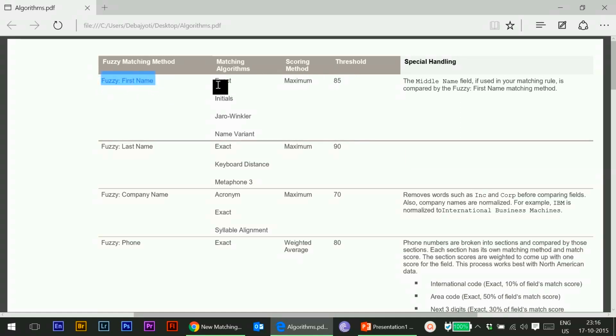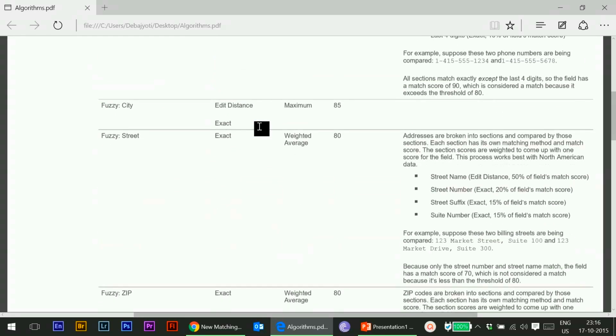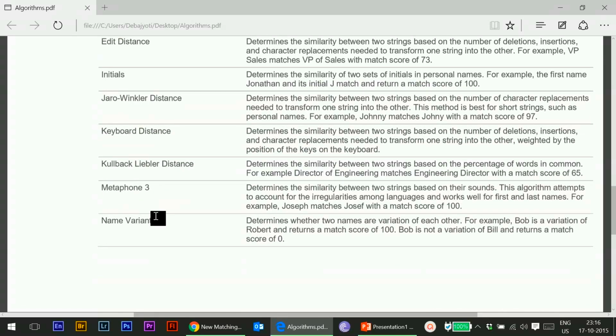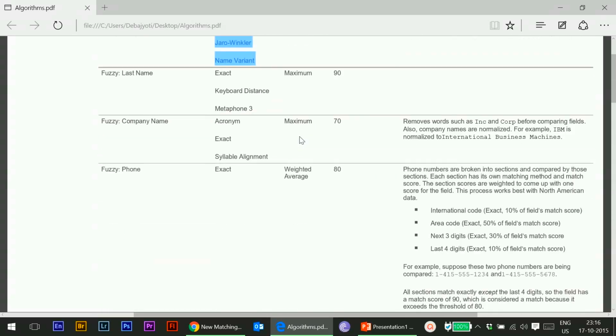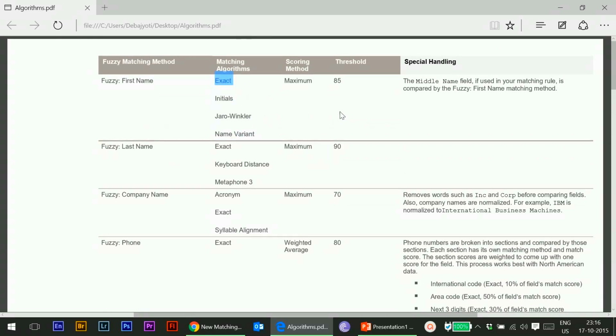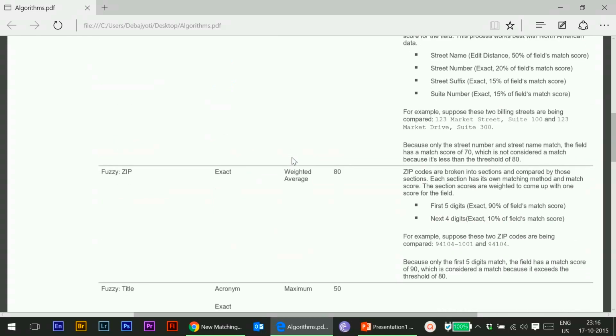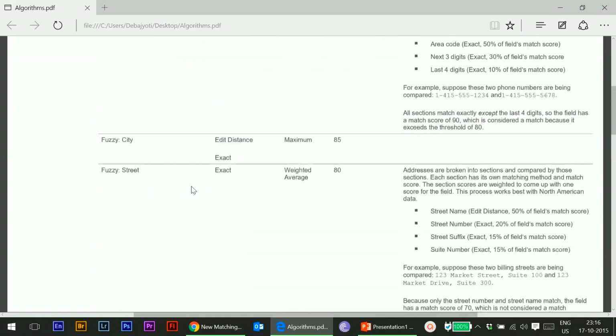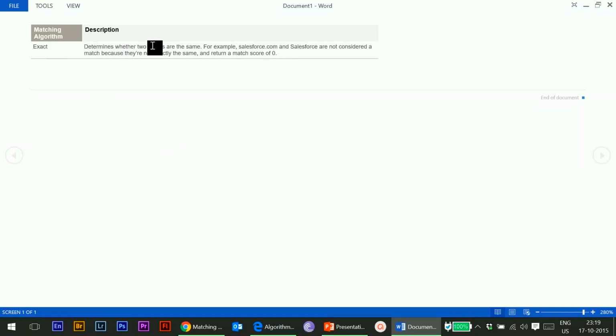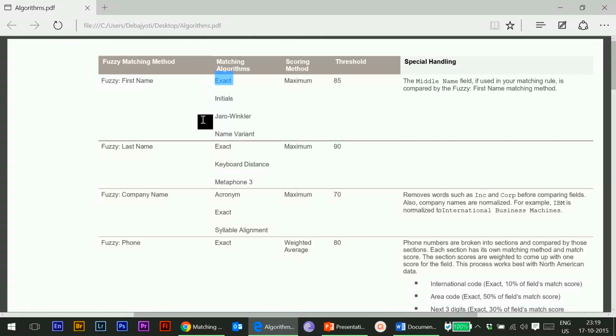For example, first name contains four types of algorithms. These are the algorithms, and the matching works according to them. If you take a look at the exact algorithm used for first name, exact determines whether two strings are the same. So if you want to check the first name method type using which this duplicate management system is handled, you might use this first name concept to work on the exact match, like whether each and every account name is